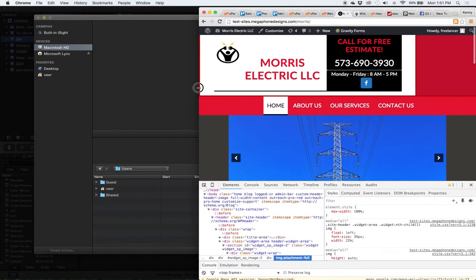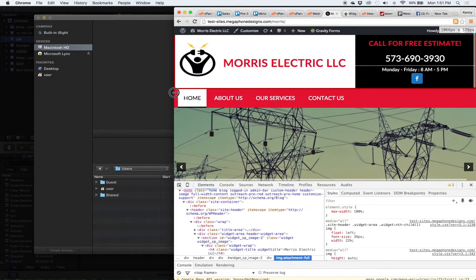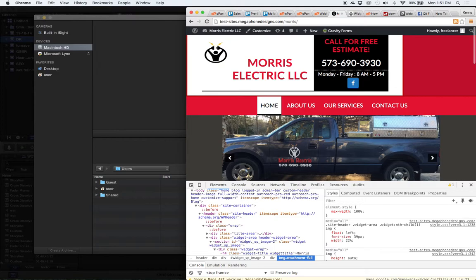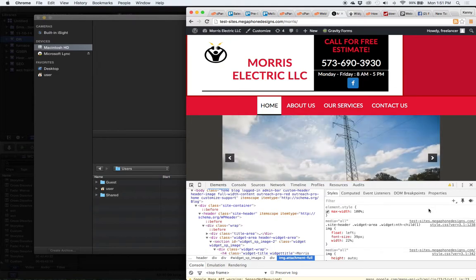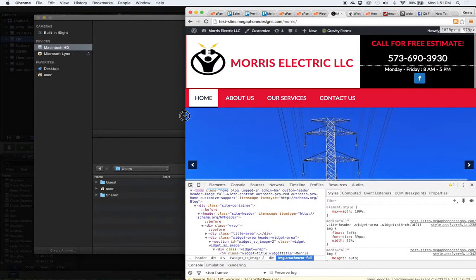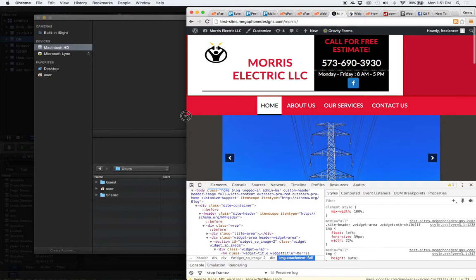Okay, we know this is not quite right where it is now, and so we want to go back and see, okay, where did it break down at? And we see, it was at 1023. It's commonplace to have things change at 1024. 1024 is a size that we do see fairly regularly, and so anything under 1024, then we want it to be that it is responding in a different way. And so we see that it breaks down there, it's not working as it should, and so we are at 1024, and we want to know,